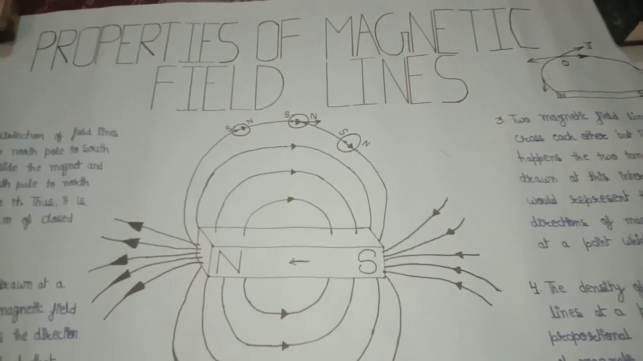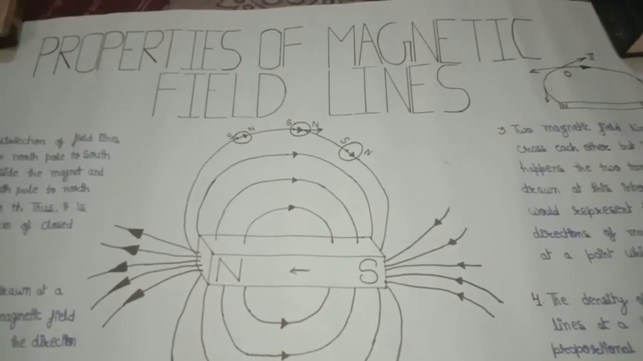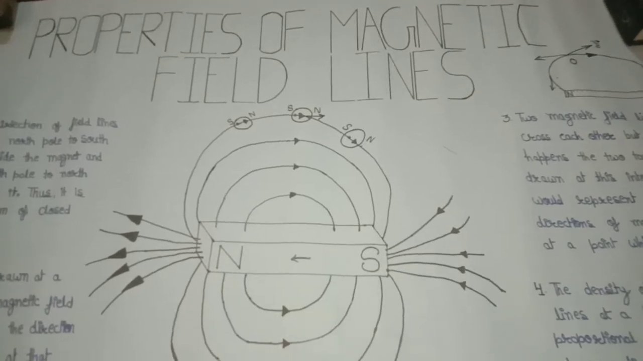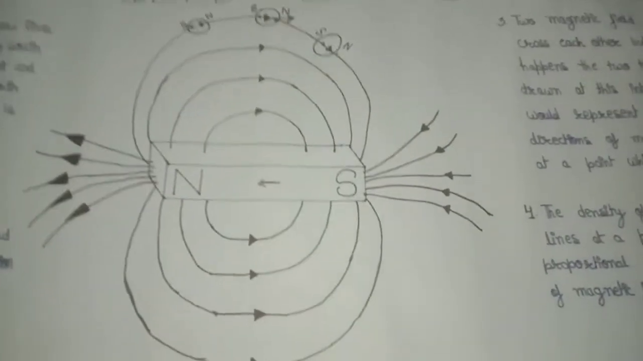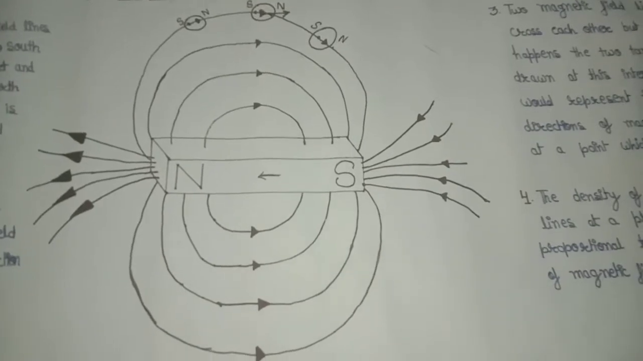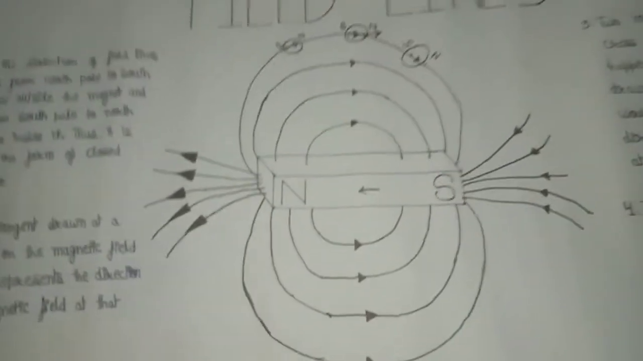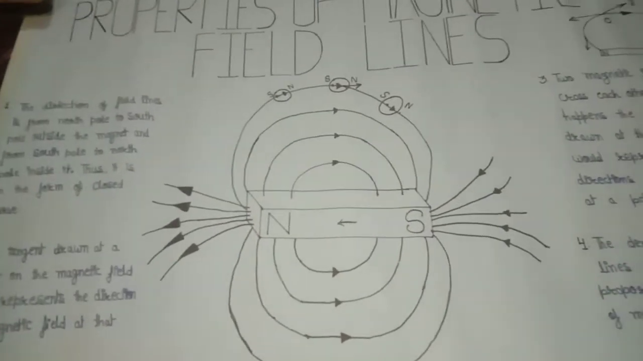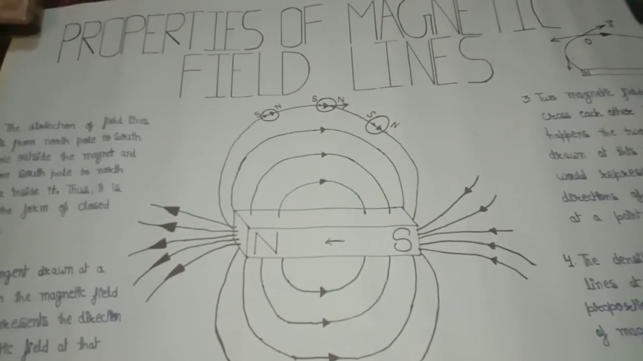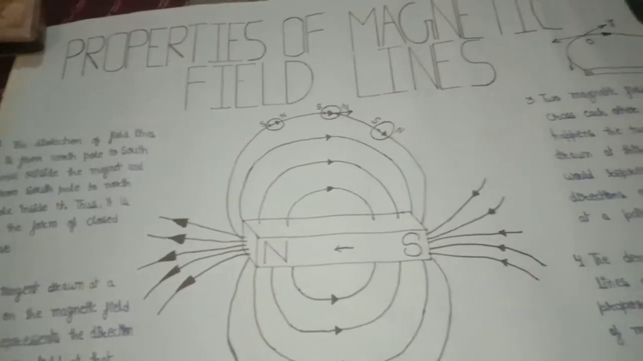The topic of my model is properties of magnetic field lines. Here is a diagram of magnetic field lines. There are some properties regarding magnetic field lines, and one of those is